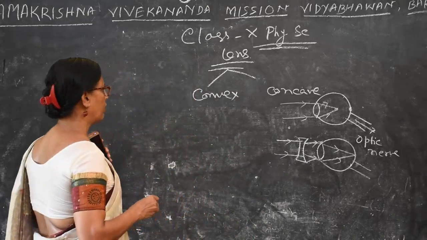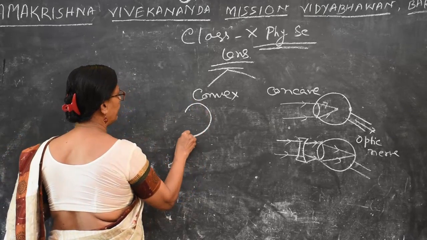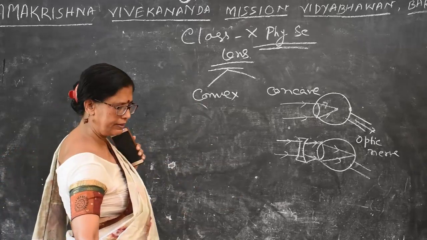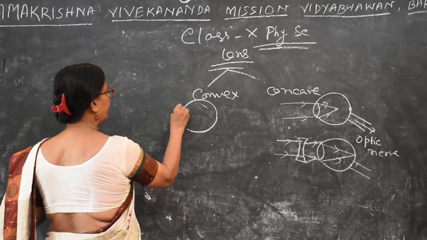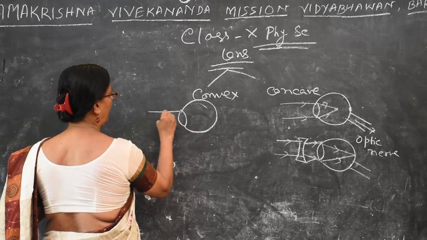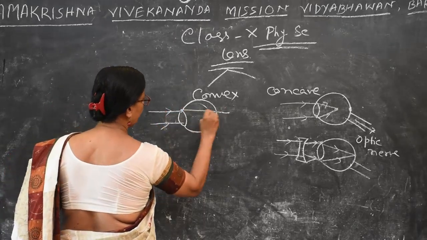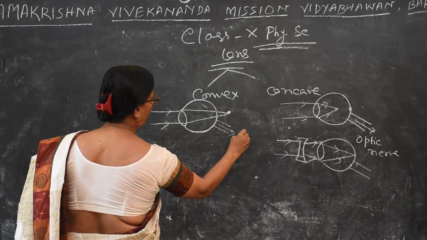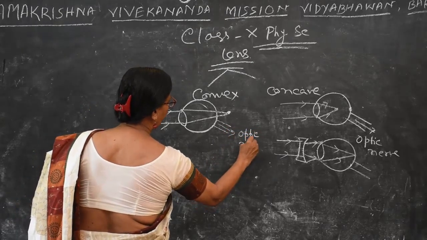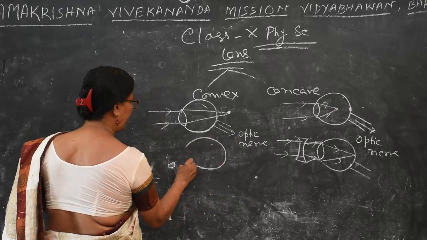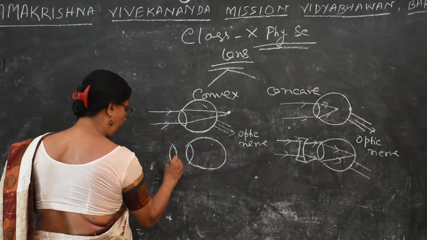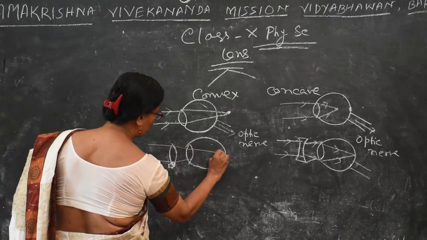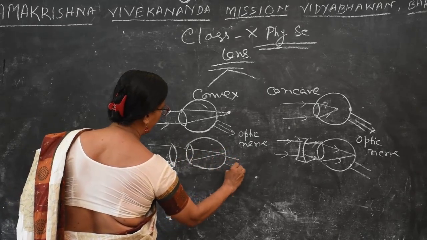Now, what is the convex lens problem? This is hypermetropia. This is our eye. It is the retina. It is our lens, and this is our problematic lens, and the image comes to the back of the retina. So how is it detected by the optic nerve? This one, it is the optic nerve. The optic nerve cannot detect it. So it is the retina, it is the lens. Here put another convex lens. Both convex lenses are close to it, so the image can come here. So the optic nerve can detect it.